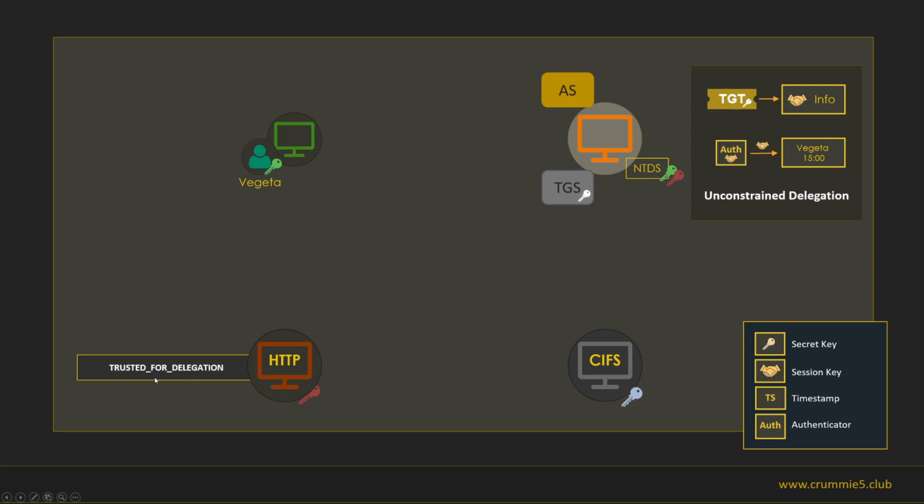The target server has the trusted for delegation setting. So the domain controller will respond with a service ticket and an encrypted TGS response.